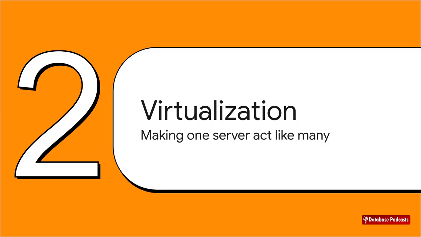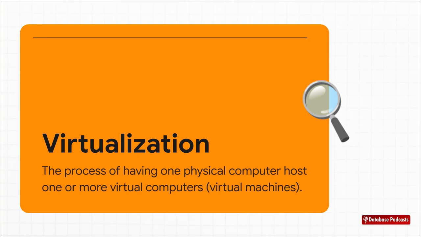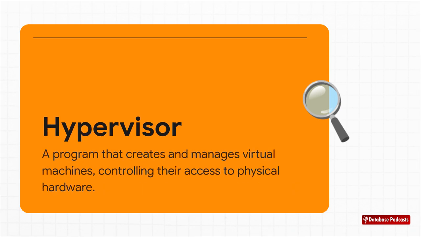And this leads us directly to the first major breakthrough, virtualization. The big question became, how can we make one server act like it's a whole bunch of servers and get way more bang for our buck from the hardware we already own? And the answer is right here, virtualization. This is the idea that truly changed everything. Instead of dedicating an entire physical machine to just one operating system and one job, virtualization lets us slice up that machine's resources, its CPU, its memory, its storage, and create multiple, totally independent virtual computers, all running on that single piece of hardware. The piece of software that makes all this possible is called a hypervisor.